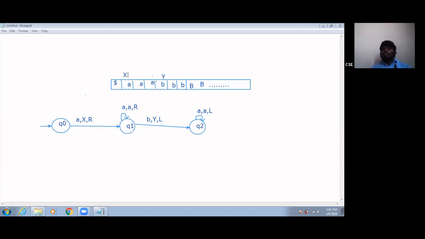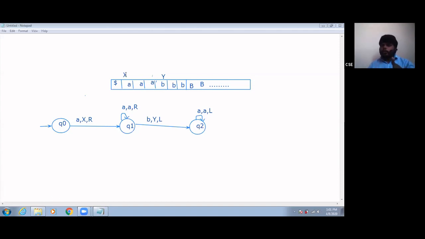For that purpose, on X, X I am keeping as X, and I am moving right-hand side. This is at Q2, and observe carefully where you have to send this transition, because I am repeating this entire process. A I am replacing with X, B I am replacing with Y. Again, for the next A I need to replace with X, and B with Y. So this process I have to repeat.